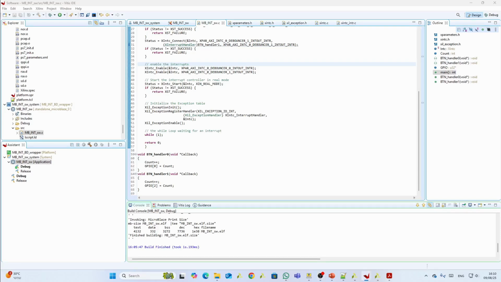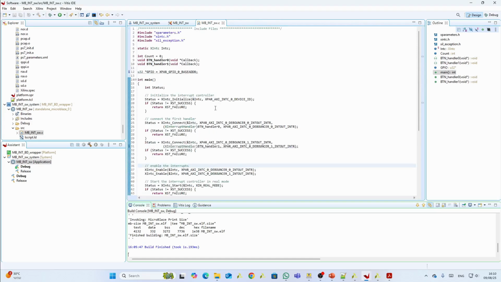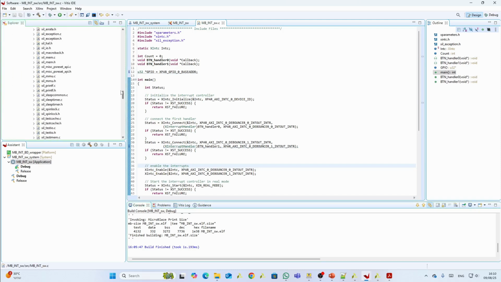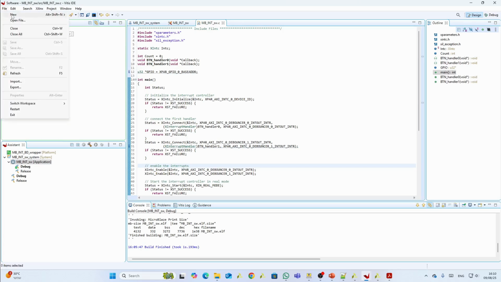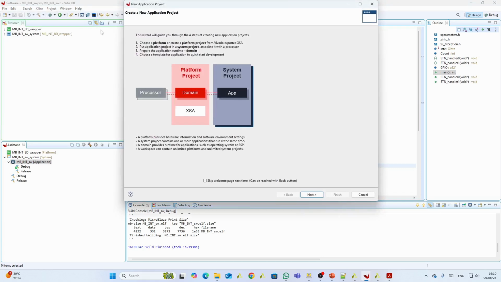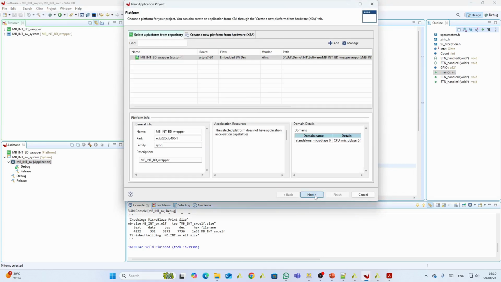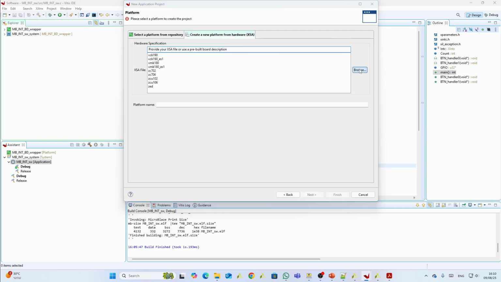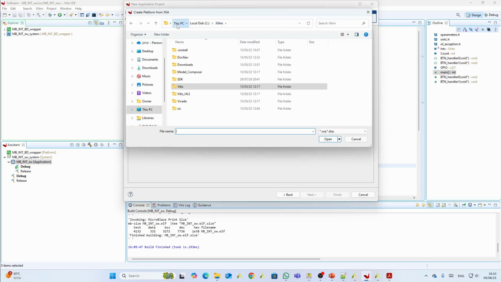So now we can start working on the Zynq. So I'll close all the unnecessary files here. I'll leave just the MicroBlaze, and we'll generate again an application project. We need a new project because we're using a different CPU, so we can't use the old platform because it's for the MicroBlaze. So we'll go again to our XSA,